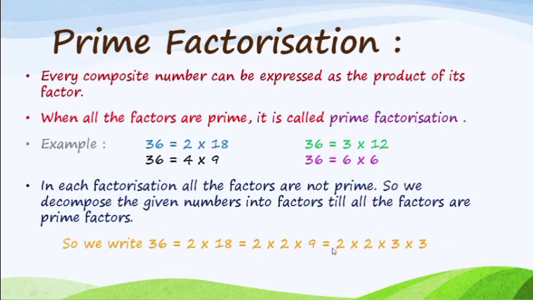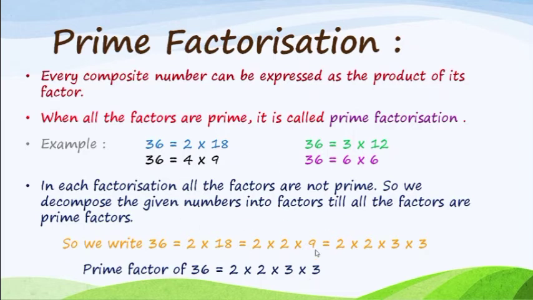When we write the product in the form of prime numbers only, then we say that the prime factors of 36 are 2 multiplied by 2 multiplied by 3 multiplied by 3. They are considered the prime factors of 36. Only these are called prime factors; the others are not prime factors, they are just representations in product form. So always think about prime numbers only. Prime numbers means those numbers which come in the table of 1 and the number itself.